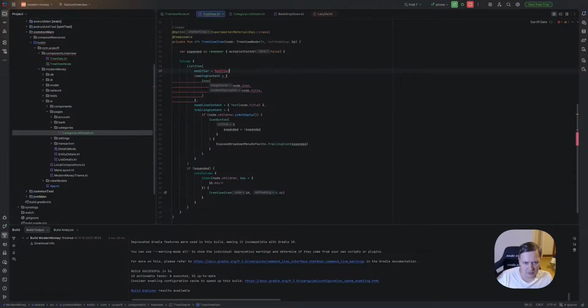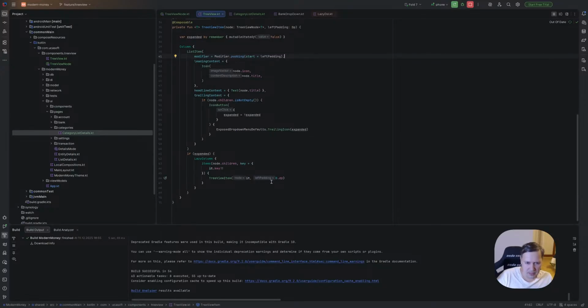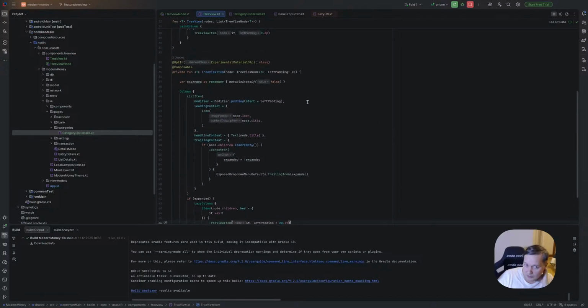It's not clickable. We need padding start, left padding. But for a child we need to say left padding plus 20 dp. So we like move it.